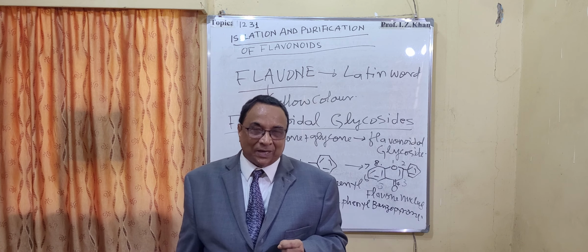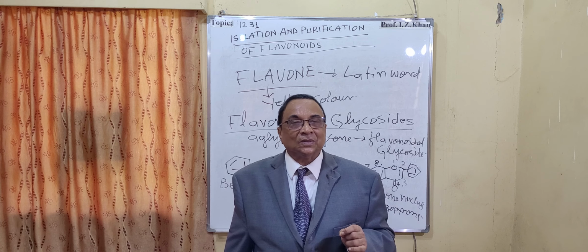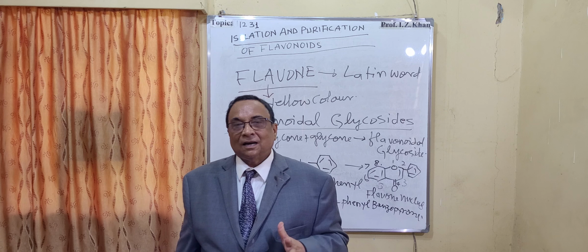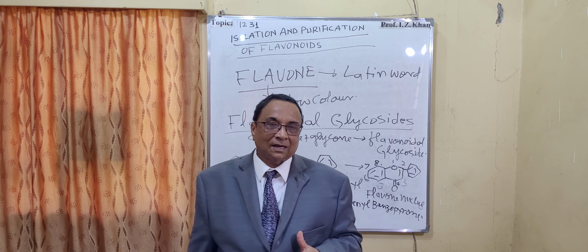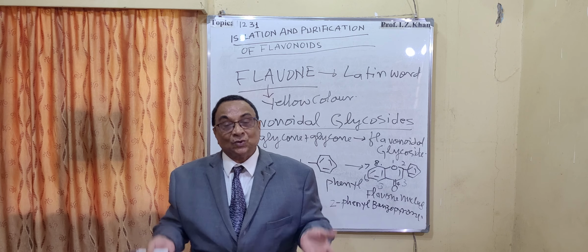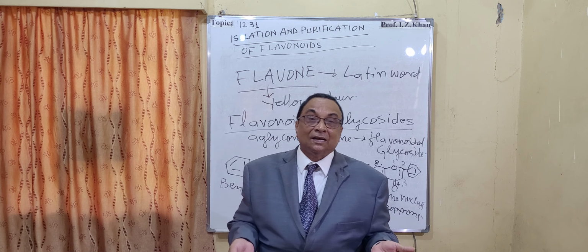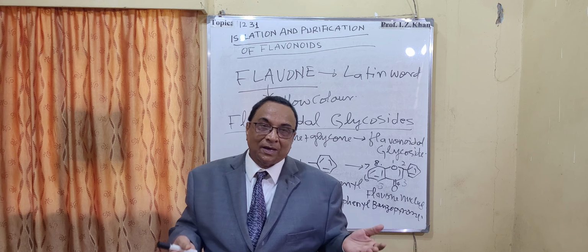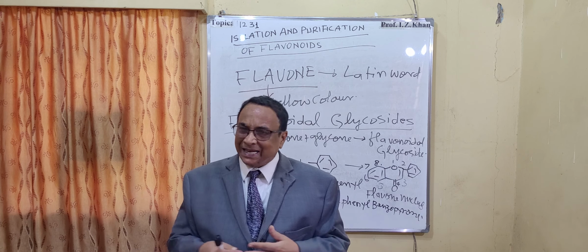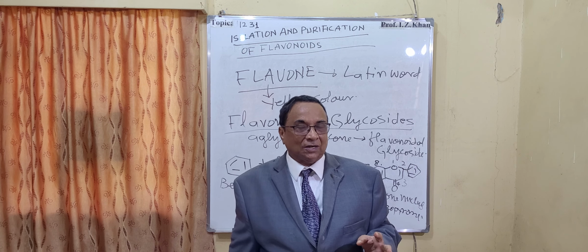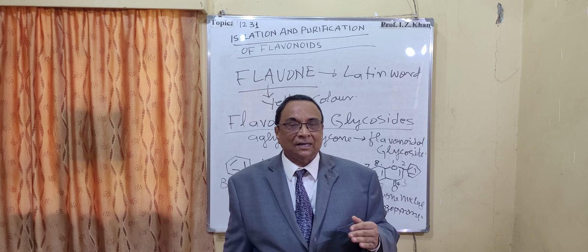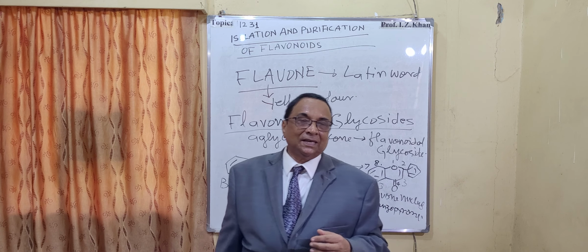Changing color into dark black or dark blue confirms that it contains phenolic flavonoidal compound. So after doing this test, we proceed for isolation. How to isolate the flavonoid from the flower or from the root, stem, bark, leaf, any part. But the richest source of flavonoid is mostly the flowers, and it can be there in any part of